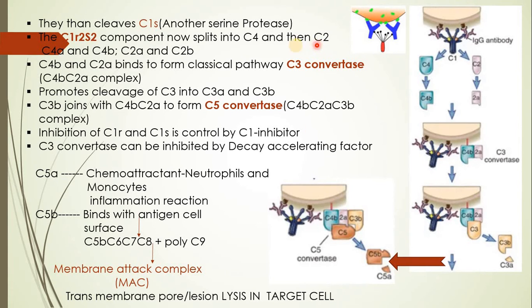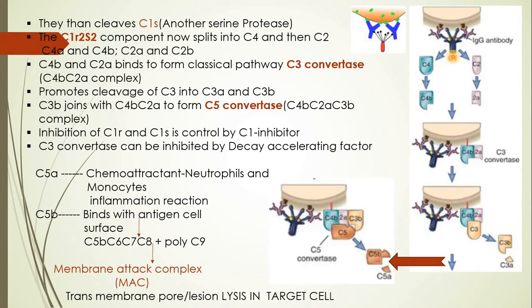Now here, whatever I have shown in the previous slide, I have tried to club together and show you in the same structure. Let us have a glance. Now we said that the blue structures are IgG molecules. The gray brownish ones are also IgG molecules. Now IgG antibodies are seen associated with the antigens. These are antigens. When an IgG molecule is seen in association with antigen, it will attract the C1 complex. This C1 complex is made up of C1q, r2 and s2.